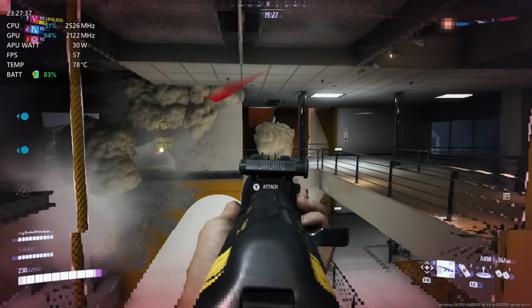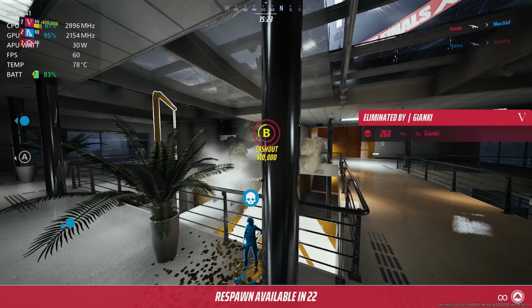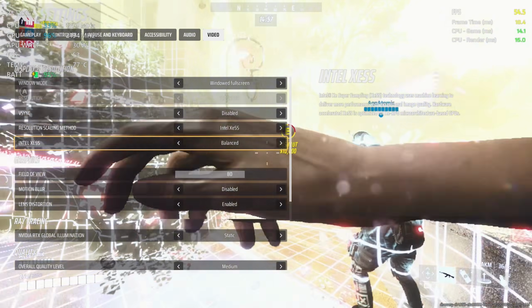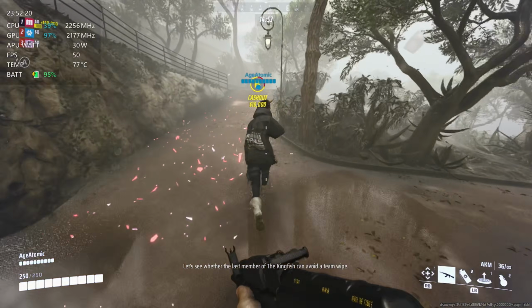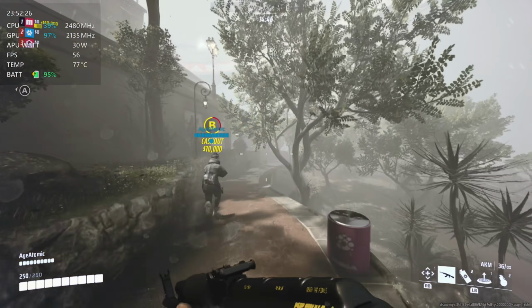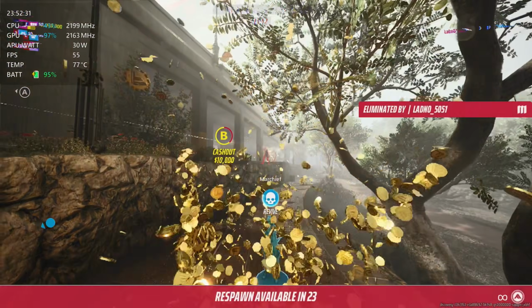The destruction in this game is absolutely immense. There's building parts flying everywhere all of the time, and you can always blow a hole in the wall to make your own way through on many of the levels. Especially a little bit later in some of the more picturesque settings with loads of fog effect, as well as all the other effects going off, it really does start to struggle a little bit, pushing around the 50 frames per second mark. But if you do want to have that little bit extra clarity, then Intel XeSS is definitely